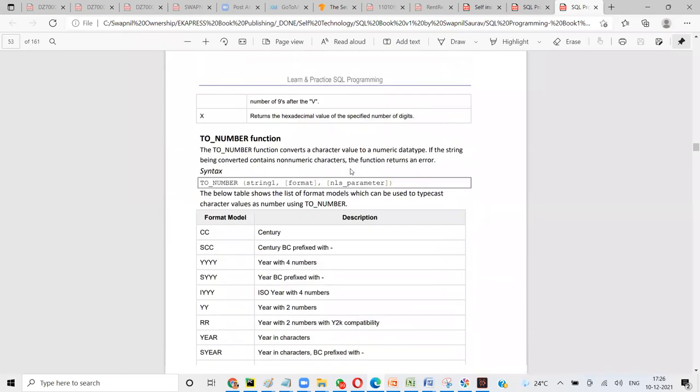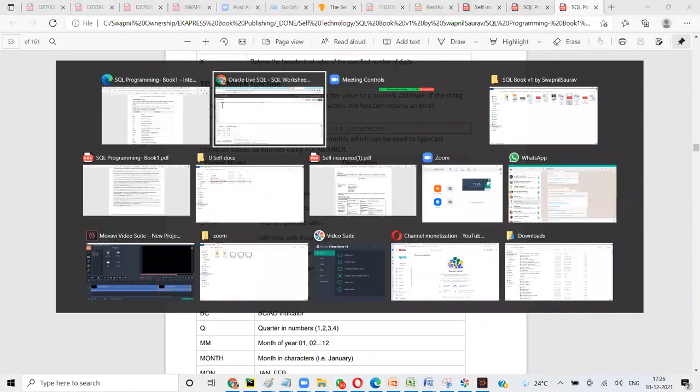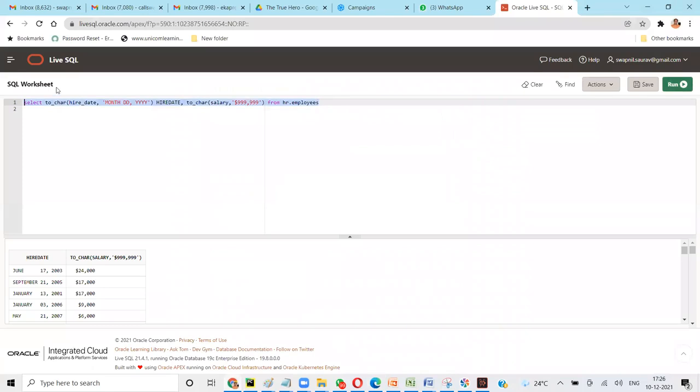Okay, so let's practice. Let's do toNumber. We have not done toNumber, right? Okay. So see, when do you convert something to string? When it is not a string, right? When it is not a string, that's when if you need it as a string, you'll convert, right? So if something is not a number, and if you want to convert into number, that's when we use toNumber, right? So let's say here in numbers.